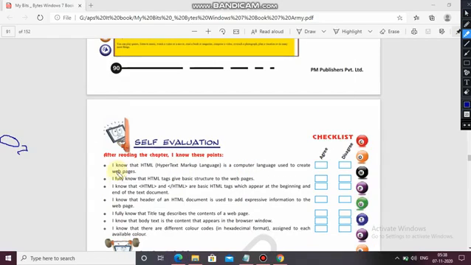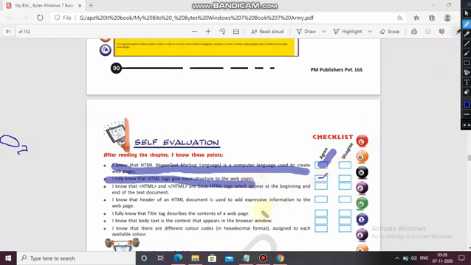I know that in this chapter, HTML, hypertext markup language, is a language used to create web pages. Okay, agreed. I fully know that the HTML tag gives basic structure to web pages. Yes, it gives the basic structure to our web pages. This is also agreeable.